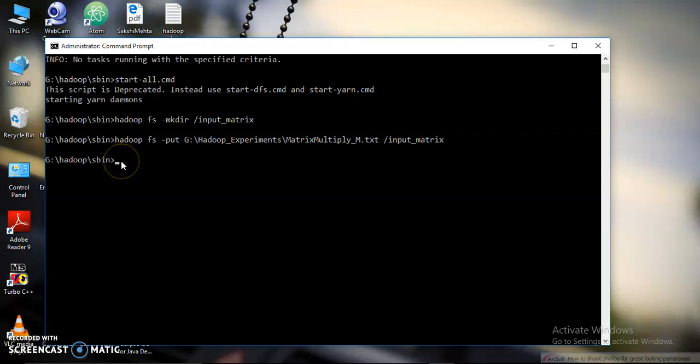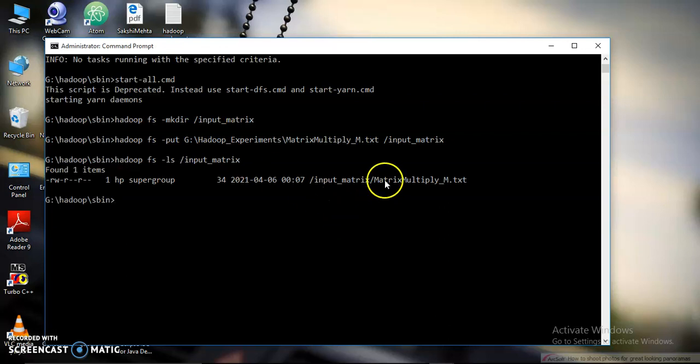Now we will use another command to check whether the file gets uploaded or not. Here you can see that this matrix multiply underscore m file gets uploaded into the input directory.